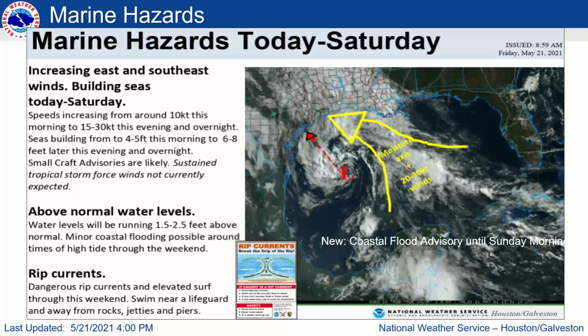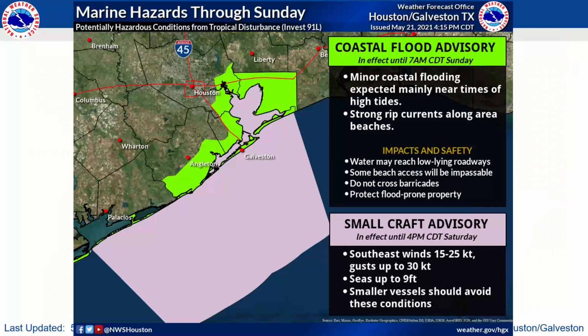And then I don't want to leave out rip currents. If we do have any swimmers at the beaches, this kind of wind flow pattern is conducive to rip currents, which can be very dangerous, of course. Here's a look at the marine hazards. As of this afternoon, we have